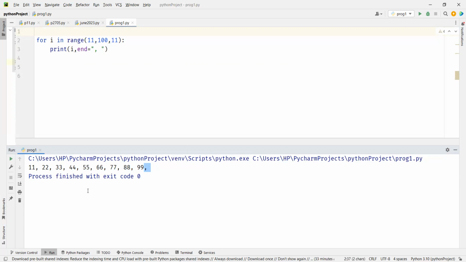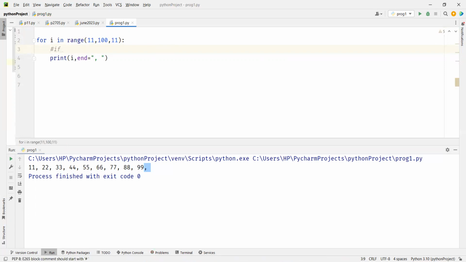So I need to somehow know that this i is the last value. If I know that this i is the last value, then comma is not required. And if i is the last value, then I will not print it. So it's something like this. If, and this is not Python code, so I'll put it in a hash, if i is not the last value, then print this, right? Else